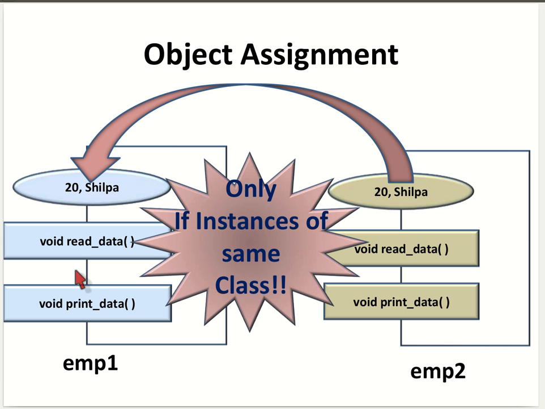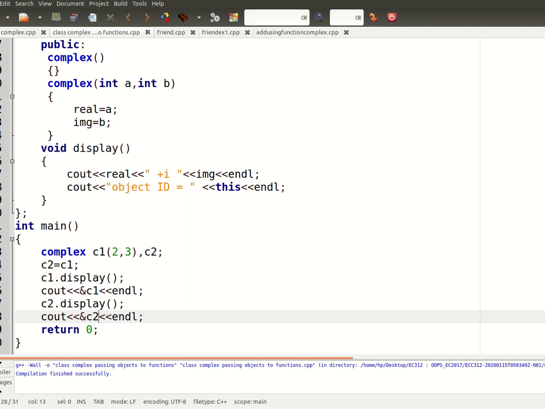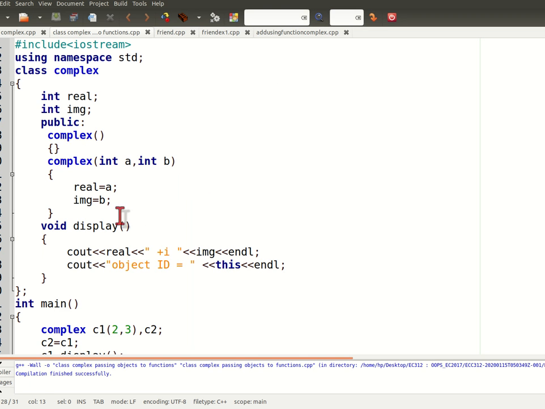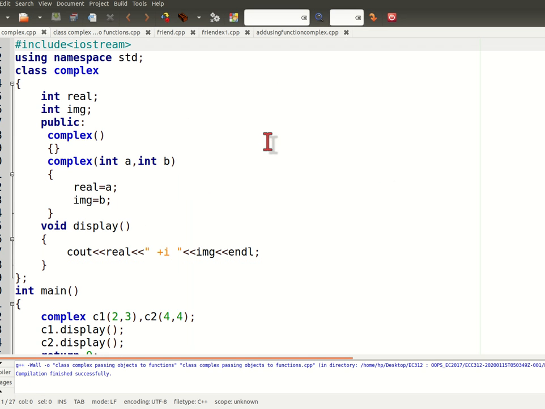Okay, so please see this example. In this example, let's see one complex class. Whenever a complex class is defined, what will be there in a complex number? There will be a real part and an imaginary part.